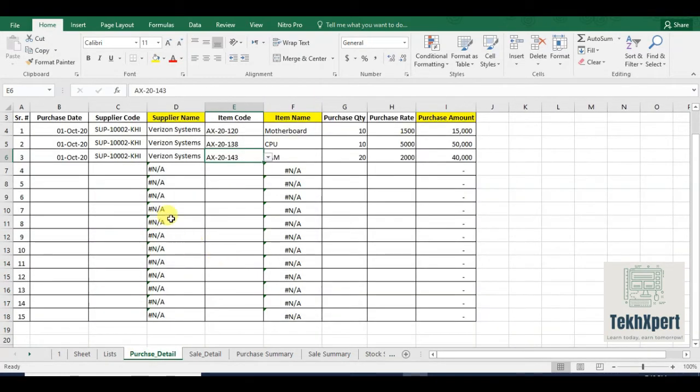Now we will enter some more data. This time the date is different and the supplier is also different. This time the supplier is from Lahore, and we will enter the same items.